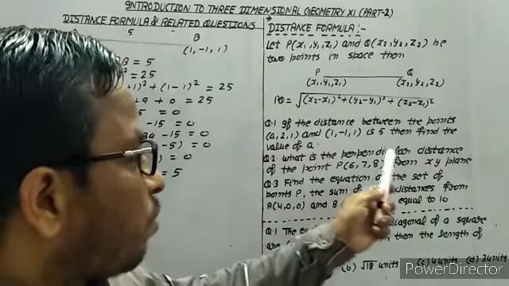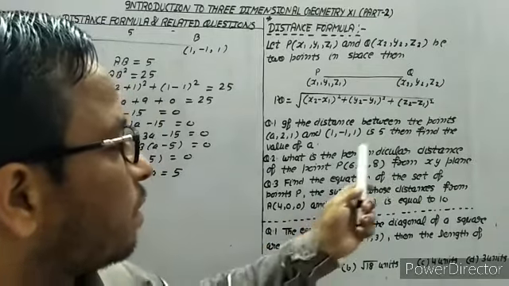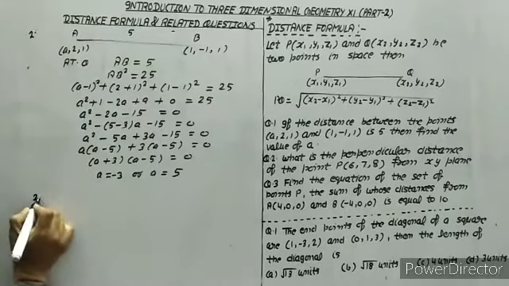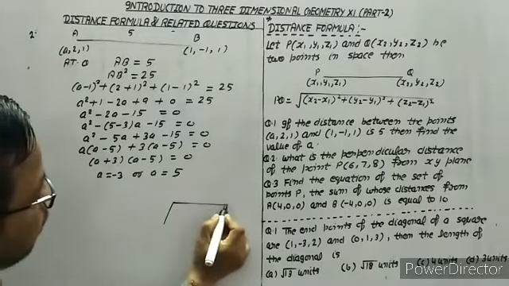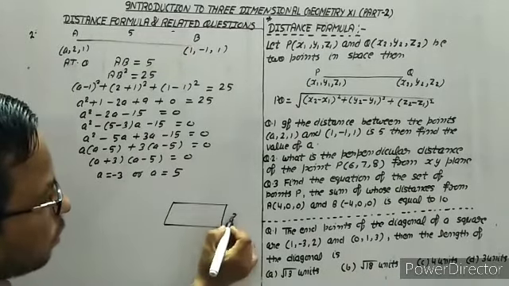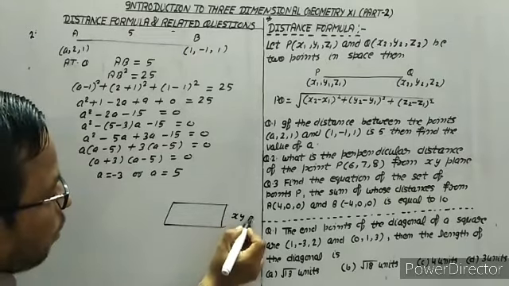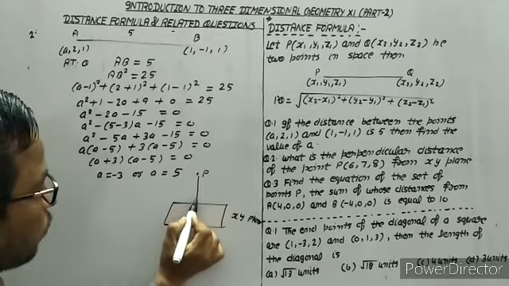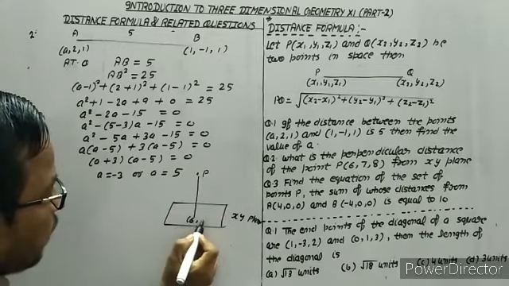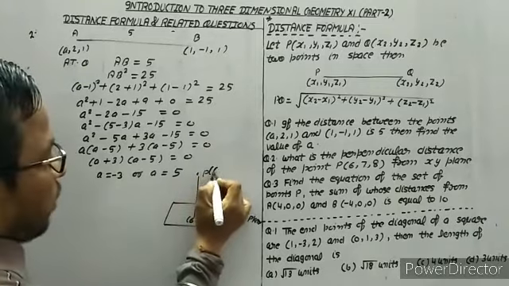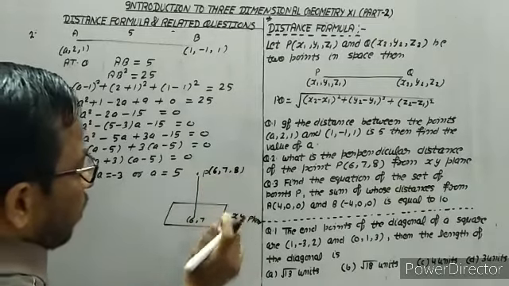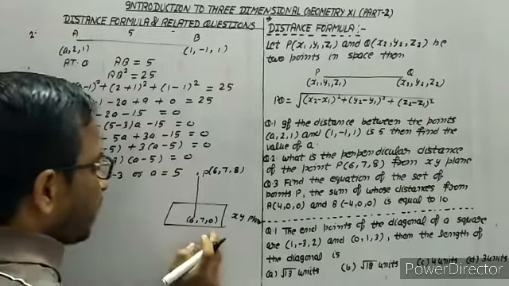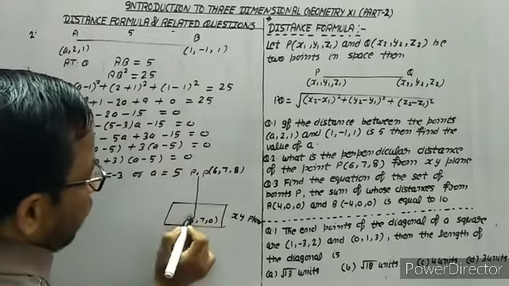Now, what is the perpendicular distance of the point (6, 7, 8) from the xy plane? If we have to solve this question by distance formula, then always remember this procedure. Let us suppose this is the xy plane and this is the point P. We draw the perpendicular from (6, 7, 8) onto it. Once you draw the perpendicular in the xy plane, z will be 0, which means the z coordinate will be 0 in the xy plane.